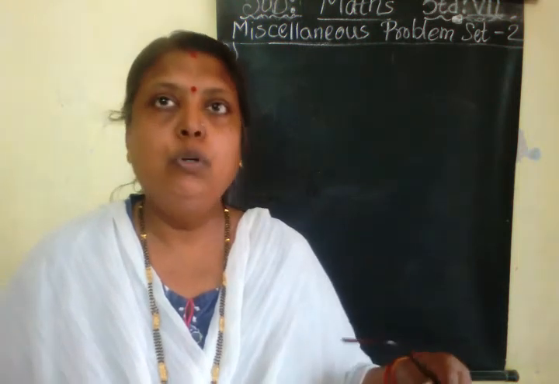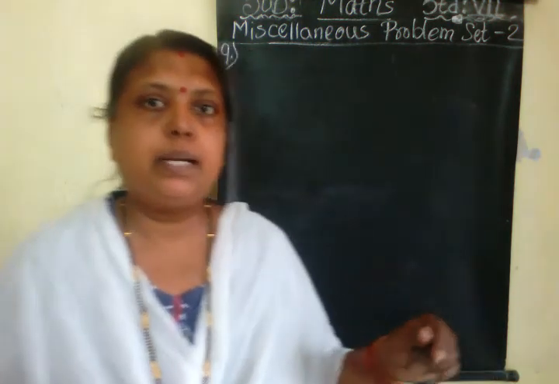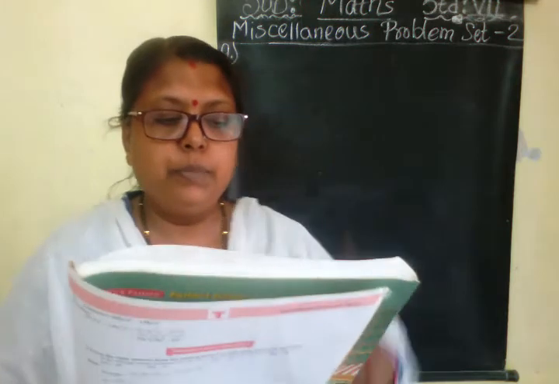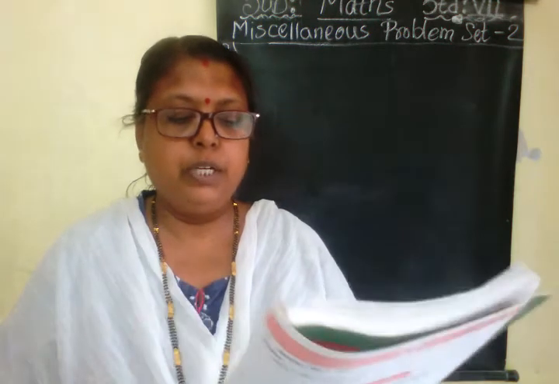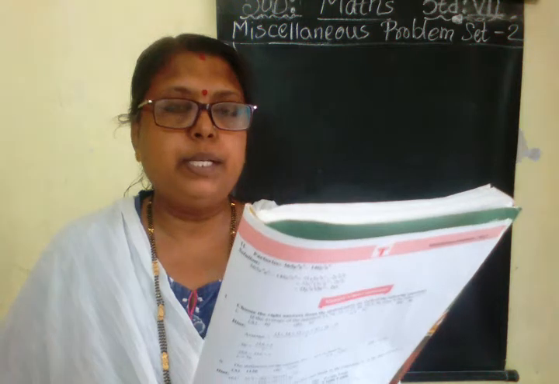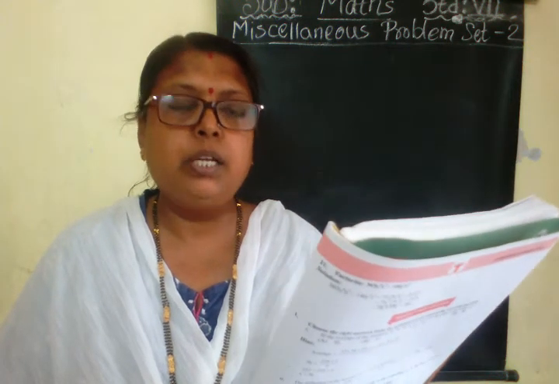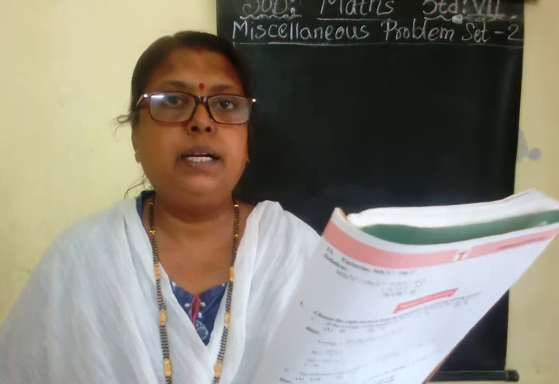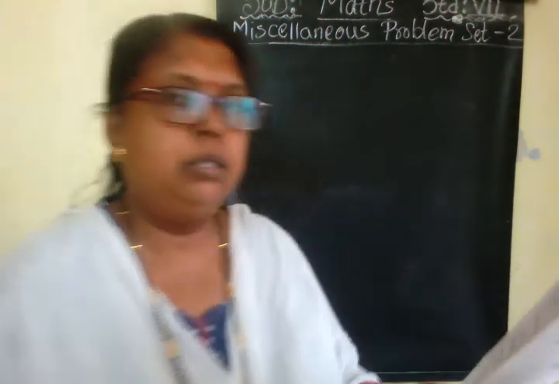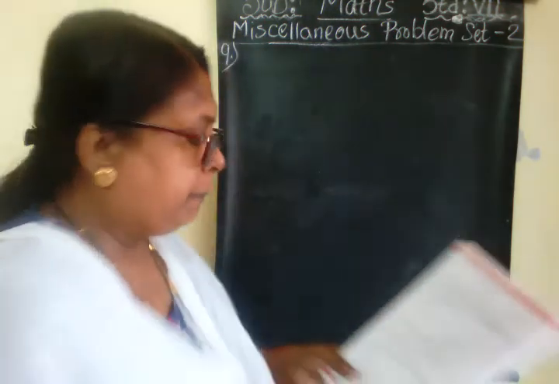So all of you will open question number 9. Okay, I will read the question for you. From the given figure, there is a figure given of a right angle triangle. Find the length of hypotenuse AC and the perimeter of triangle ABC. Now given triangle is a right angled triangle. Okay. So we will first draw the triangle as per the given information.